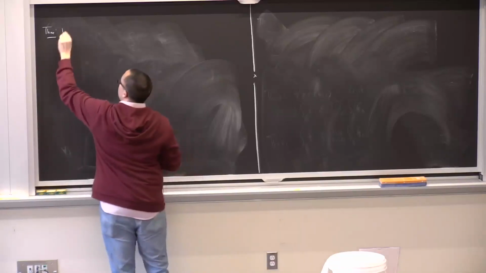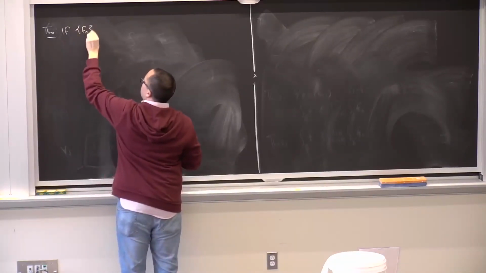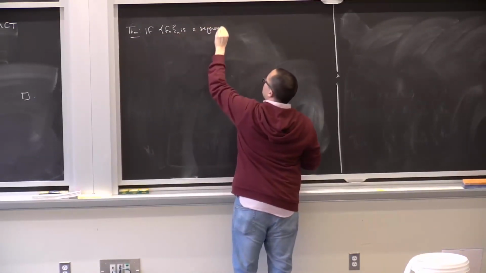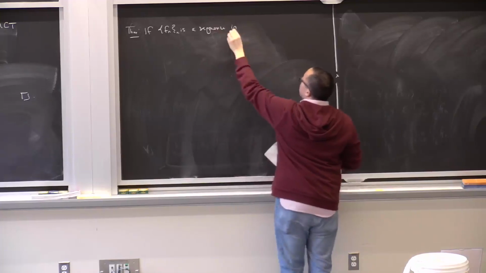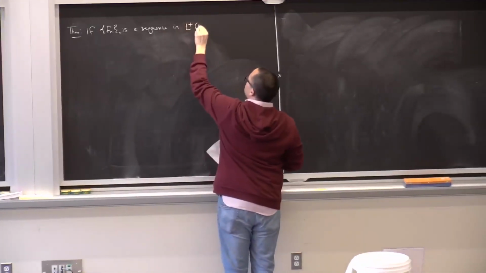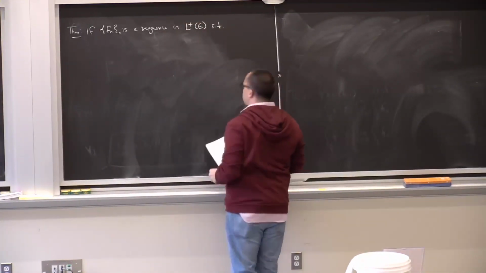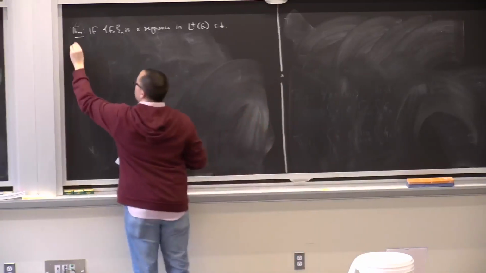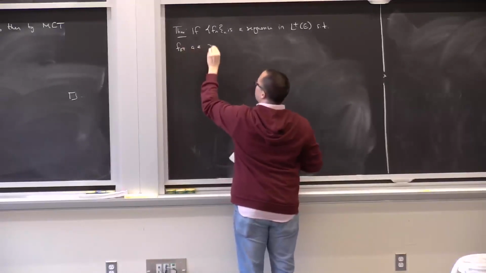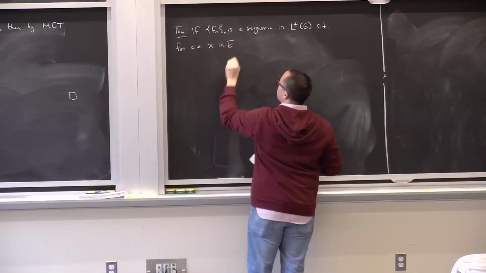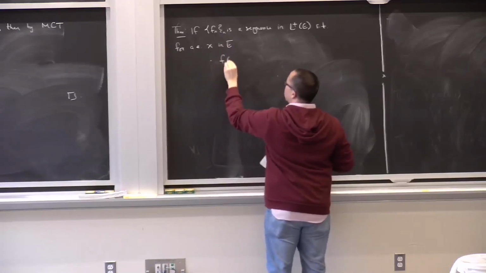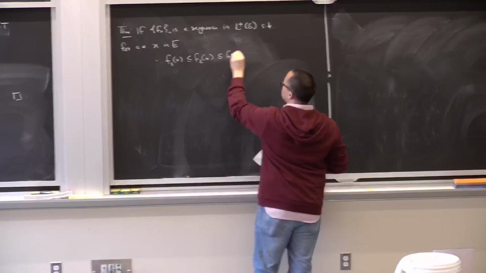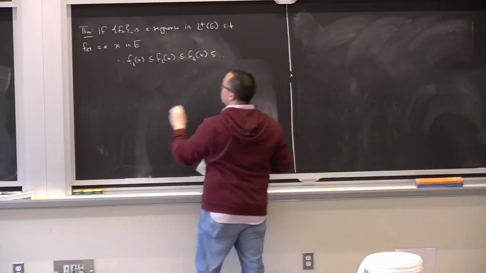If f_n is a sequence of non-negative measurable functions such that for almost every x in E, we have f_1 of x is less than or equal to f_2 of x is less than or equal to f_3 of x, and so on,